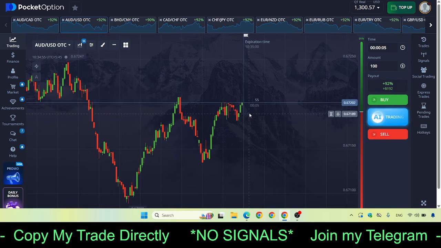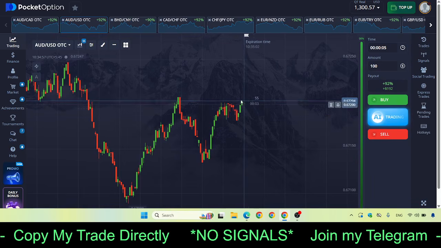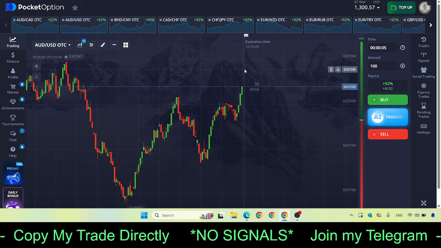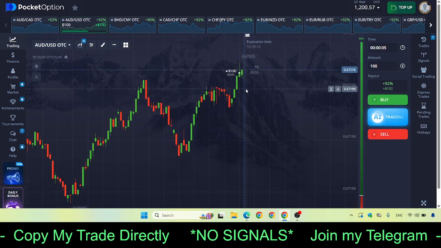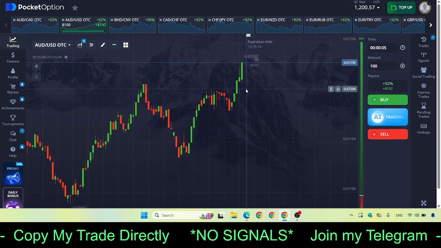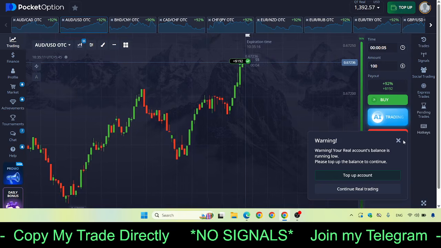Okay, so as you can see here, the market is right now trying to struggle at this point. You should not make trades in this kind of part. Now if the market starts to move up like this, then we can take the risk in that 1 second time frame, okay, not above or below. So as you can see, our first trade